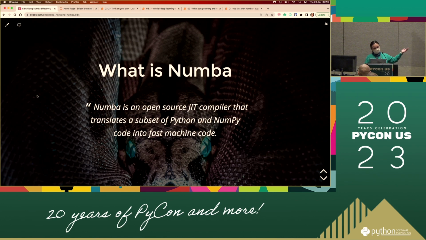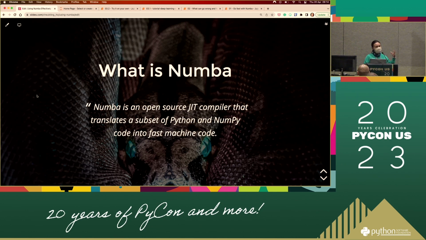So Numba is a JIT compiler. Again, in the first half of the workshop, a lot of concepts need to be made clear. What is a JIT compiler? Scratch your head. What is JIT? But what we can get from this definition, which I copied from the documentation, is that it works for NumPy, so it's very good for a lot of numerical code, because a lot of numerical code uses NumPy, so it's designed for that.